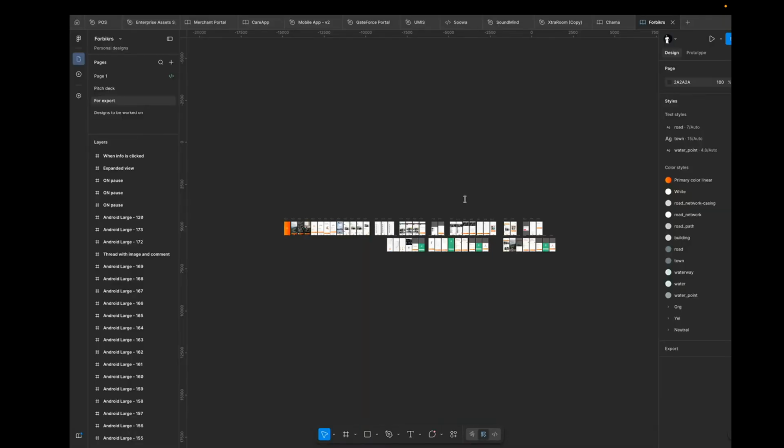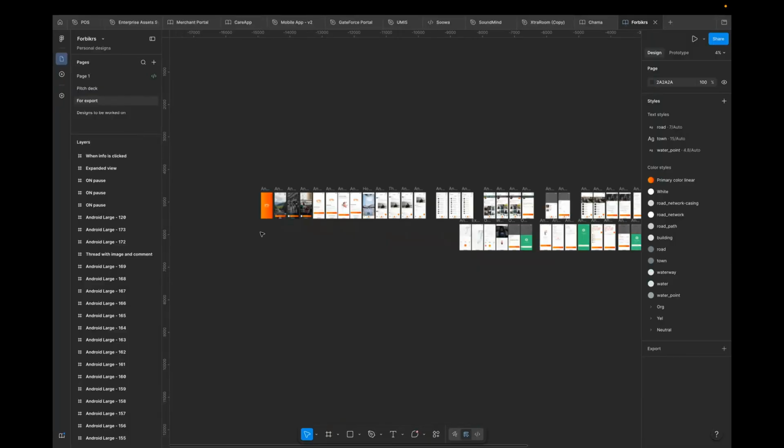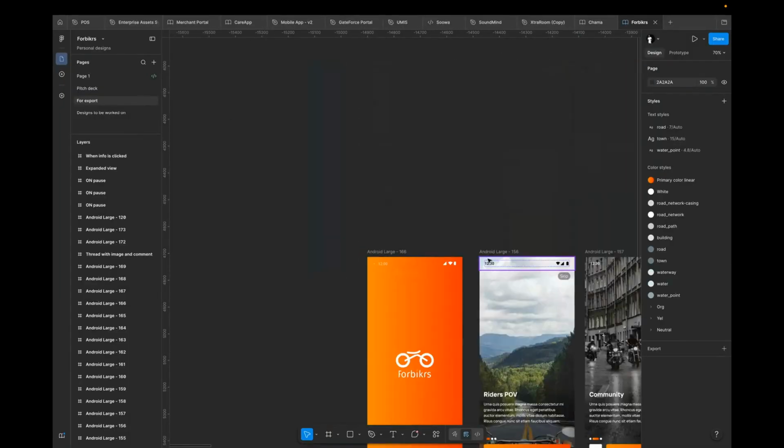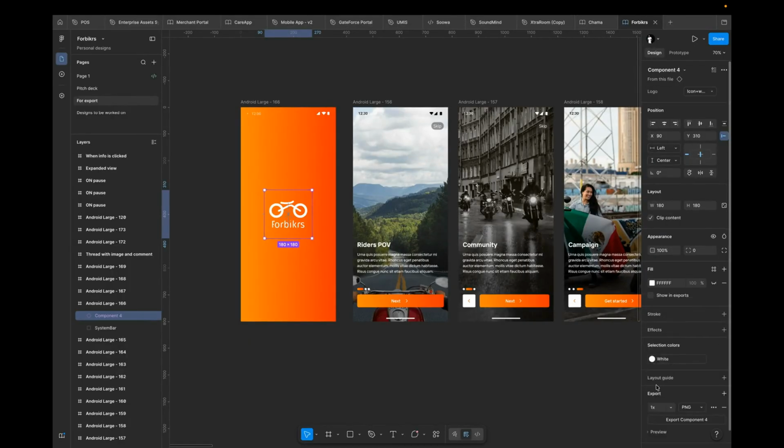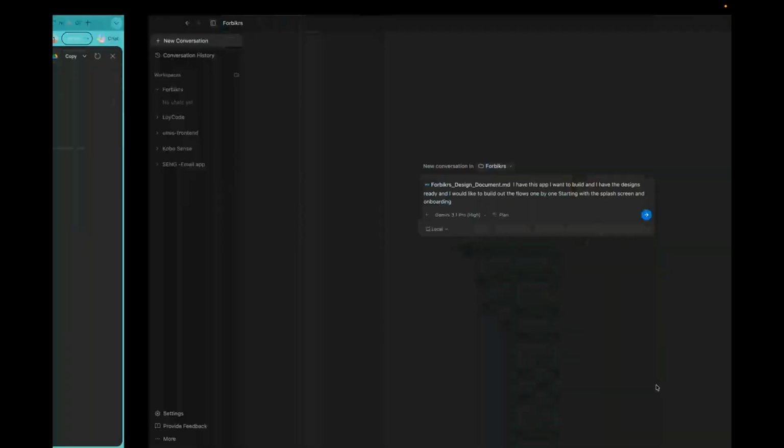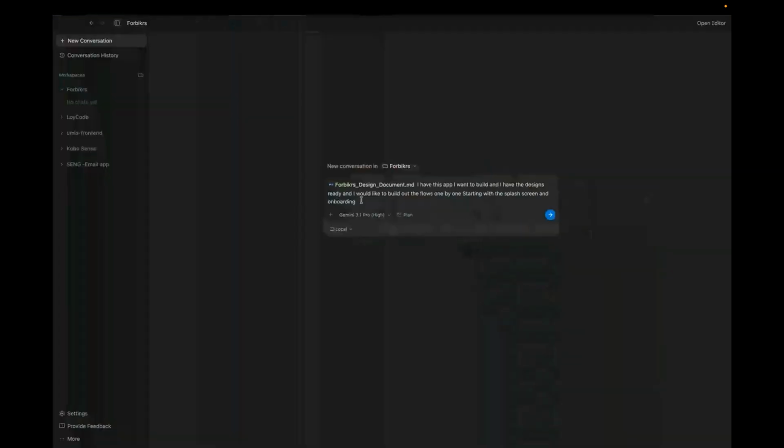And that's not really the best way to go about it. Things that would be nice is to have your assets. So for images, if you tell it to generate images and put them in the app for you, it will do that by itself. But things like logo and all of that, you can actually export them, and then you can import them into the project. But now, what I'm going to do is tell it